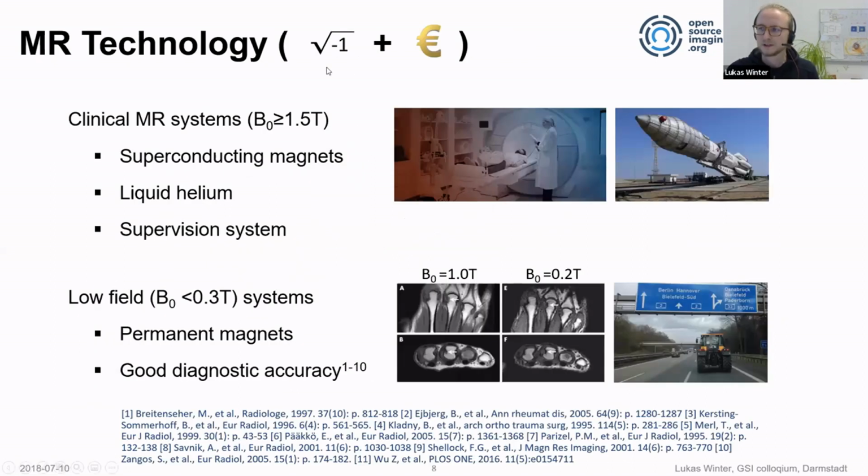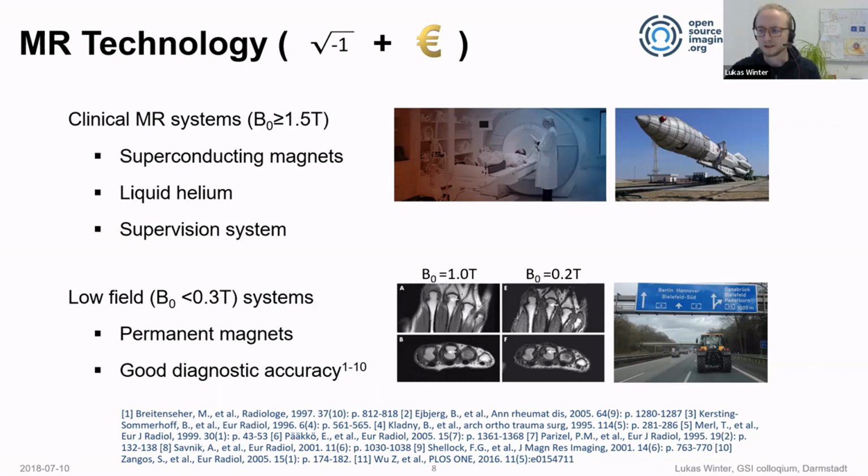So the classical MR technology, which is complex and costly, are these 1.5 Tesla clinical systems, and they use superconducting magnets that require liquid helium. You need a supervision system. It's a relatively complex setting, and this is driving the costs. And this is one thing that is difficult, even if it would be nice to have, of course, open source, but even if it would be open source, not many research institutions would be able to actually reproduce it